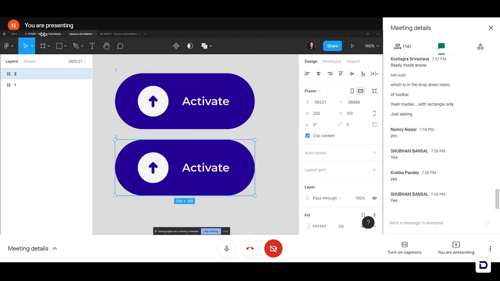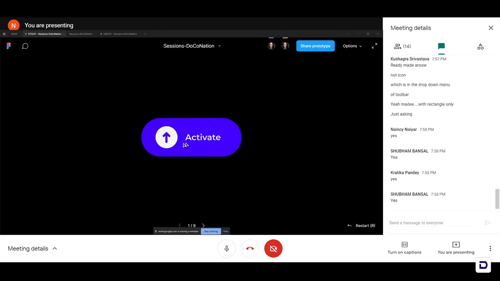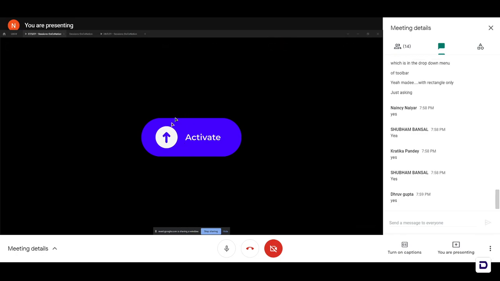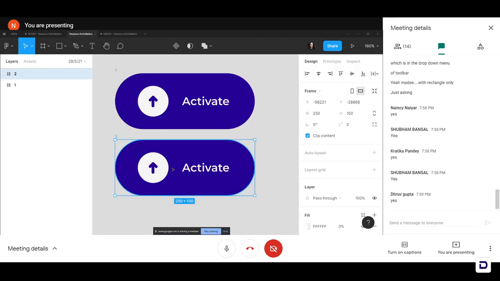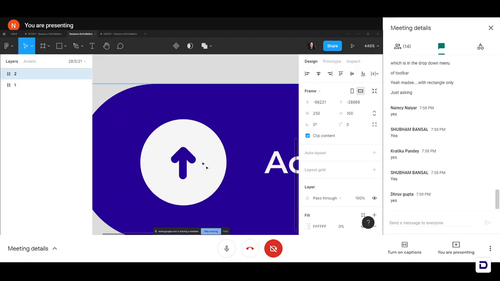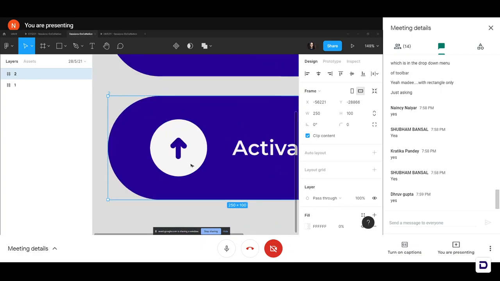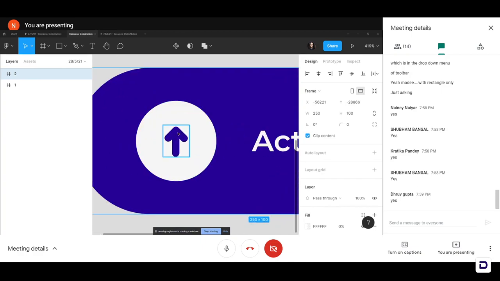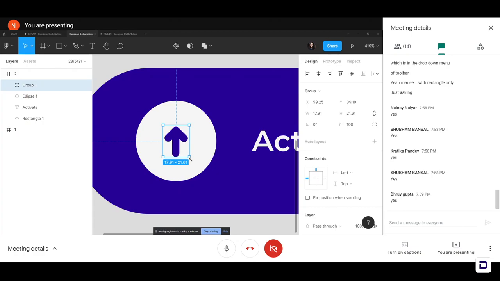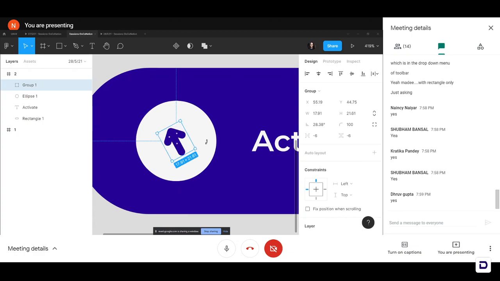Right. So now when you look into the animation, you can see that slowly this arrow is transitioning into a tick mark, and you can see these three rectangles are transitioning into two, and the third one disappears, right? So let's quickly see how we can achieve that. Okay, so let's zoom into our second frame, and all we're going to do is select this little group and rotate it. We're going to rotate it just like that.